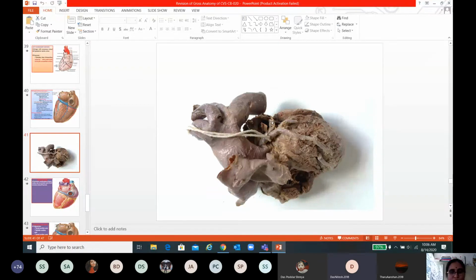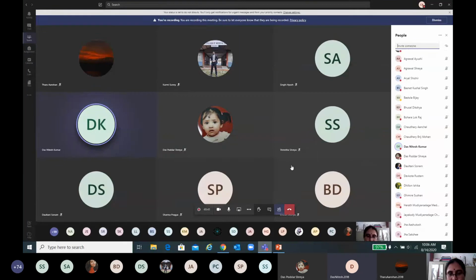Circumflex artery. Very good. Sir, scapular. Don't say scapular. It will be a blunder mistake. Scapular means circumflex artery only. Okay. And which one is this, Nitesh? Anterior interventricular artery. Okay, very good, very good. That means all of you will pass the university exam. Now,